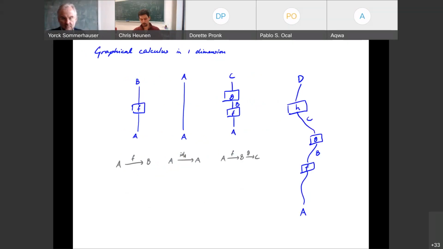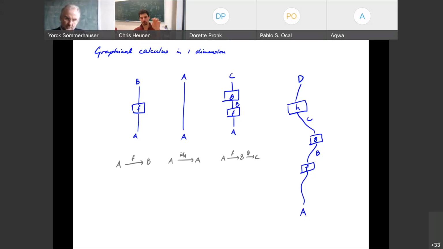Okay, I'm going to be talking about the graphical calculus. If you just have a category, nothing else yet, there's a sort of graphical calculus that comes with this that uses one dimension. So I was talking about objects A and B and a map F that goes from A to B. I could draw this if I wanted in a picture like that on the top left in blue, where F is the name of the morphism, has an input object A and an output object B. So you read the things going upward.